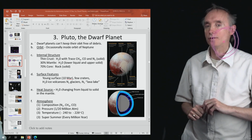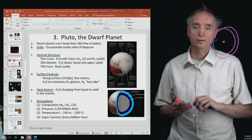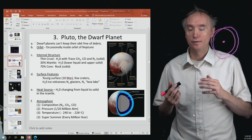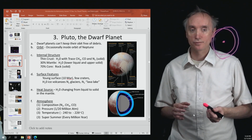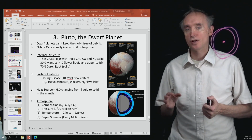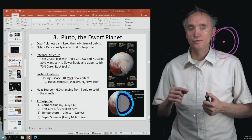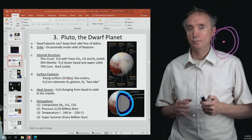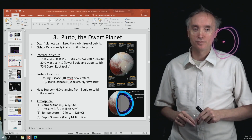Now the heat source. This is also going to be very similar to Uranus, Saturn, Jupiter and Neptune, in that it's a phase change. What we think is happening there is that as water is changing from a liquid to a solid, it gives off heat. And so that is the heat source for the planet Pluto, which drives, I'll put it in quotation marks,